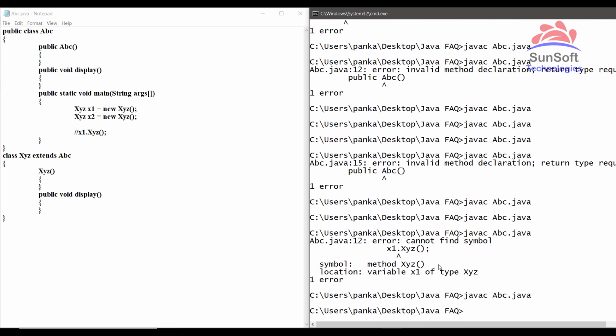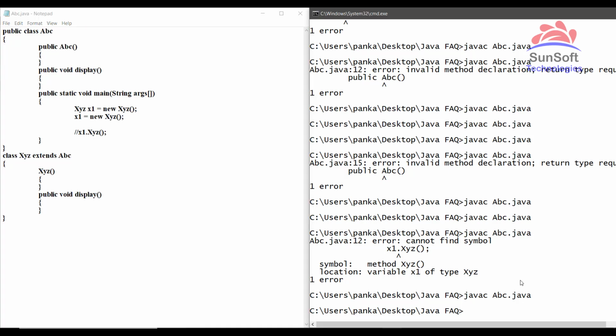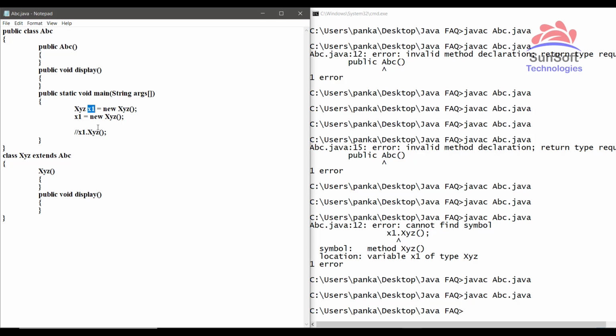Yes, it's compiling. Now some of the people might say that this is possible. Now if I try to compile, yes, it will compile. But remember, in this case x1 is just a reference variable. So this is a statement which will create an object, pointed by x1, and when you type new xyz again, one more new object is created which is referred by the same variable x1. So the previous reference will be removed and it will hold a new reference.